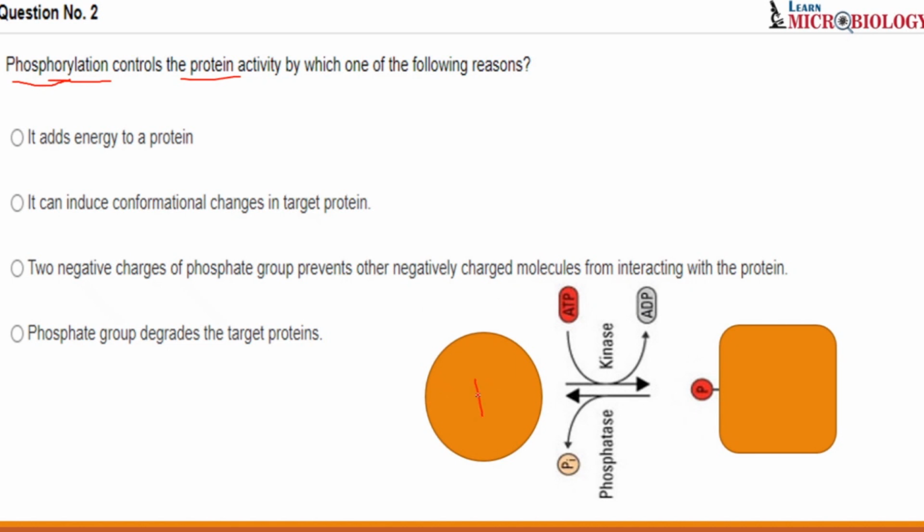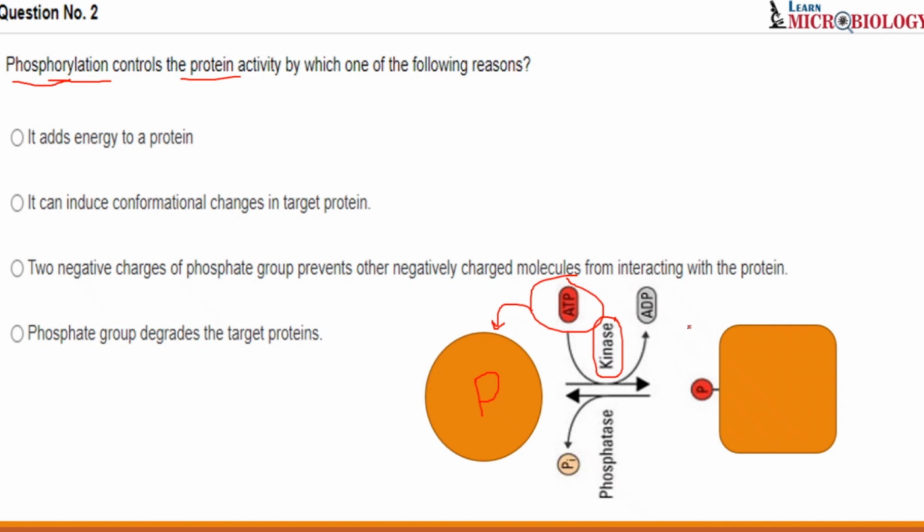Okay, so this is our protein P. This is the protein in circular form. And what is this phosphorylation? It is the addition of phosphate. And who will give phosphate? It is always ATP. So we have our ATP which will give its phosphate to our protein, and the phosphate transferase enzyme is always what? It is kinase. I hope you remember this.